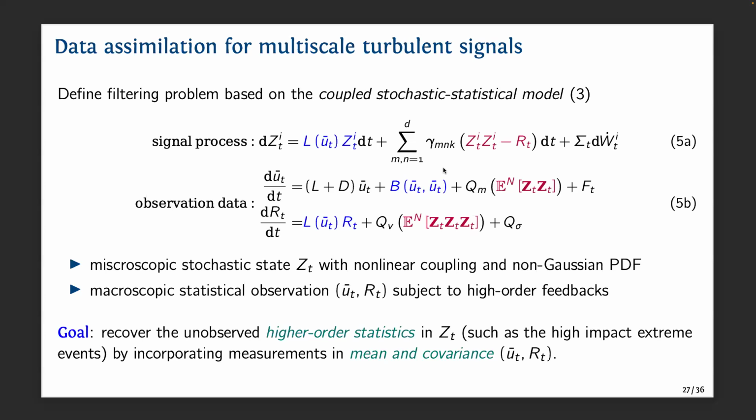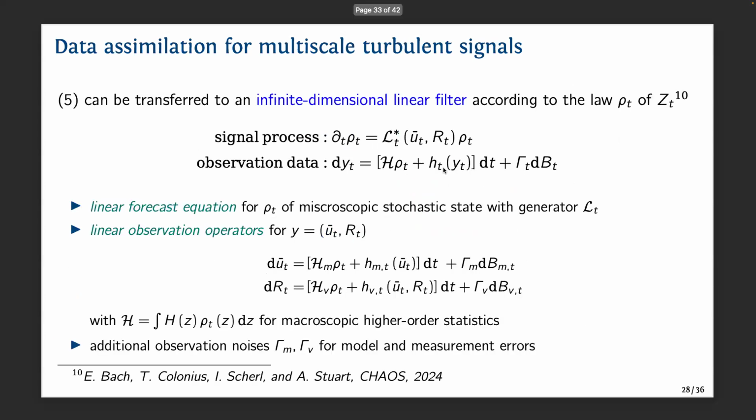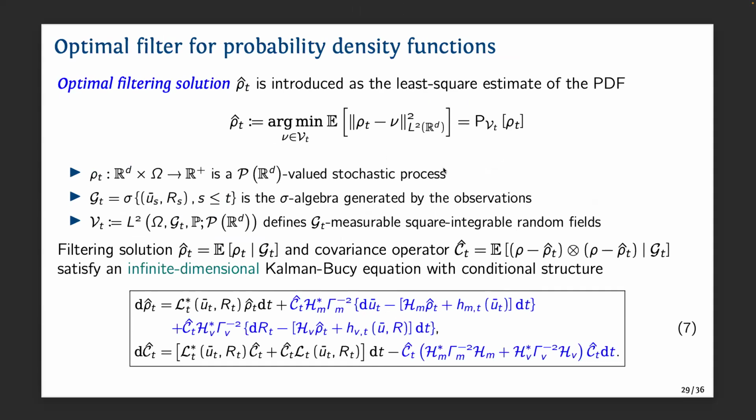I will neglect the details, but just give you the idea. That is, we write down again the Fokker-Planck equation of the distribution given the observation. At this level of distribution, it's a linear system, or at least a conditional linear system, and it fits into the Kalman filter framework in the functional space. Then we can apply this and write down the equation. So it's a complicated formula, but it's a closed set of equations.